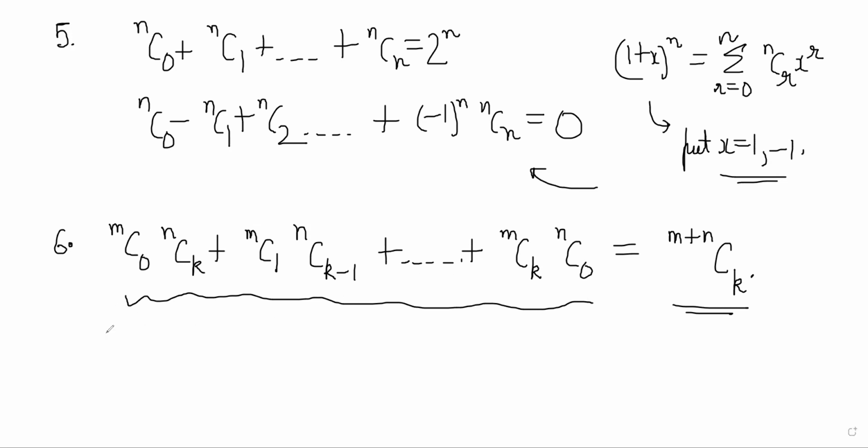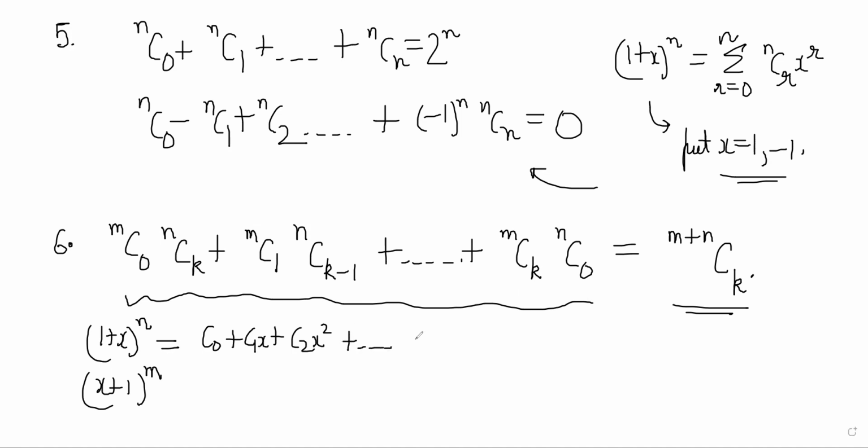And the idea is you take two different series, (1 plus x) power n and (x plus 1) power m. So (1 plus x) power n expansion will be C0 plus C1x plus C2x square and so on till Cn, and here this would be mC0 x power m plus mC1 x power m minus 1 till mCm x power